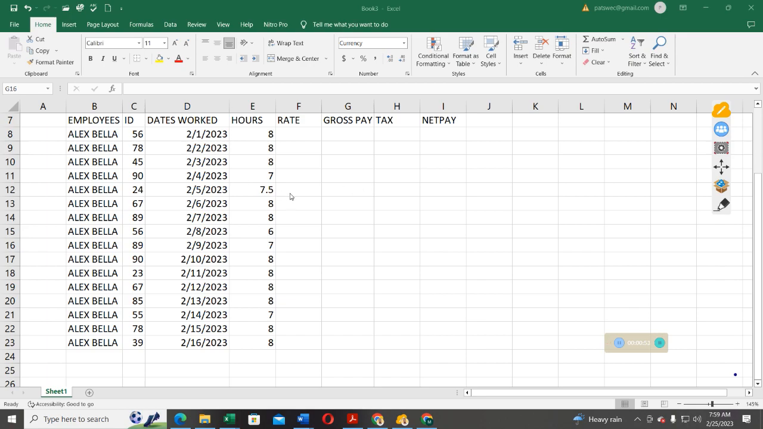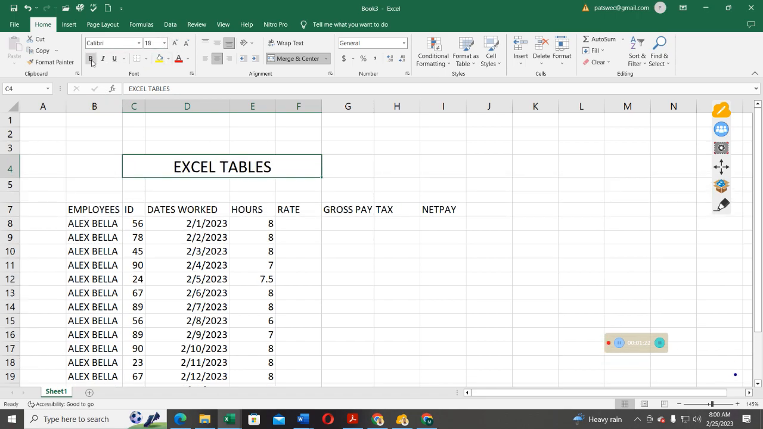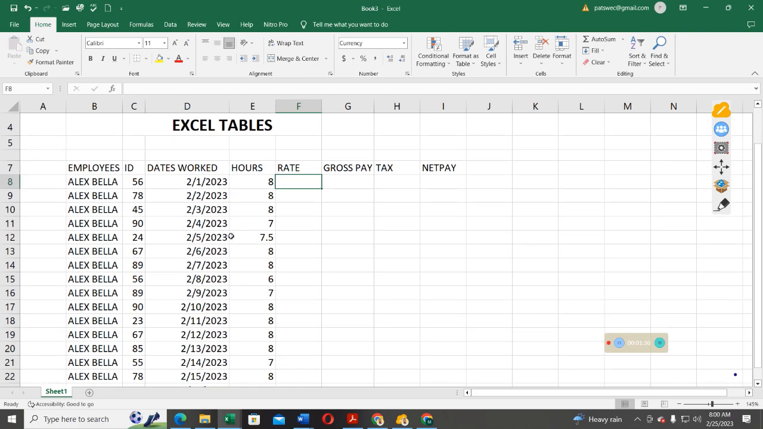can format our table. To start with, of course, we have to give this table a heading. So we're going to say our table, which is Excel tables. And then first merge these cells so that our heading can be in the center. Increase the size and then bold it. There we go. After that, we come to our Excel data,